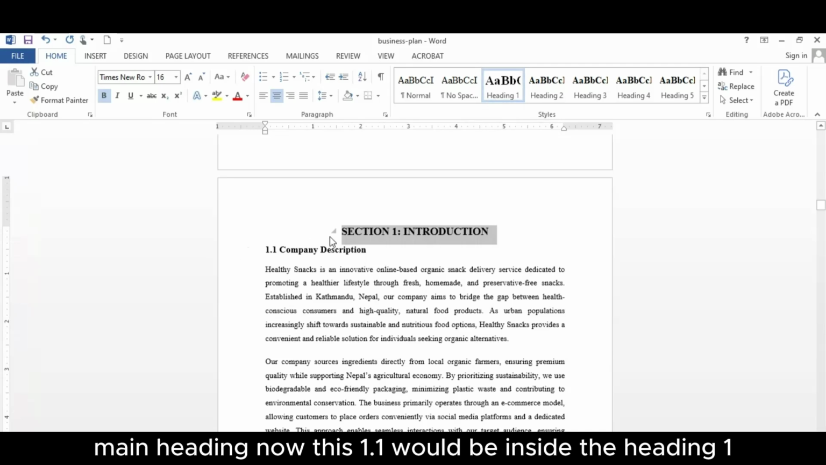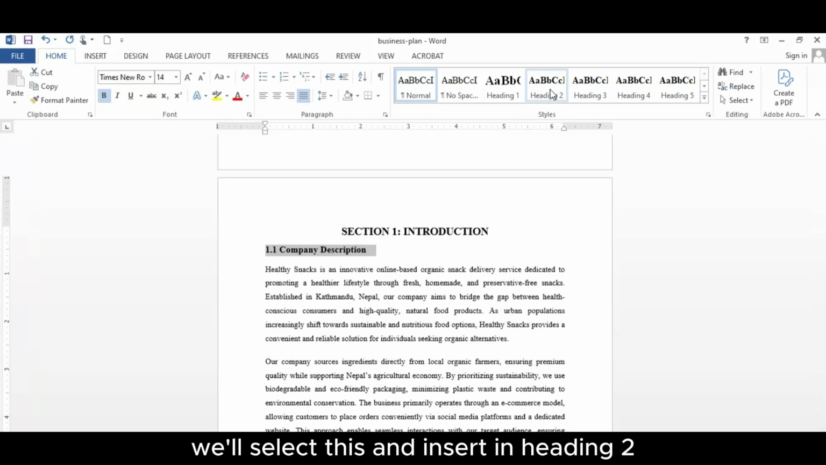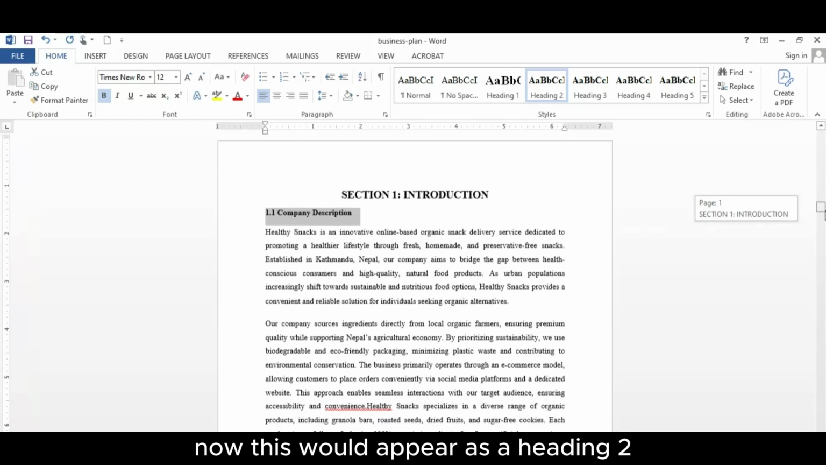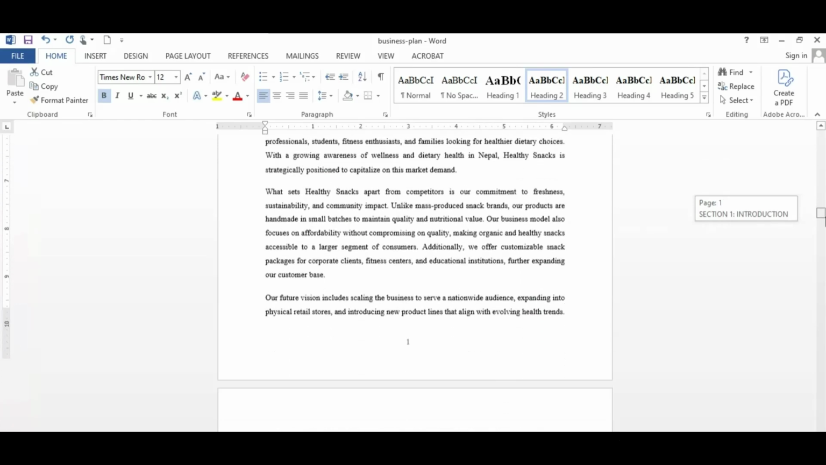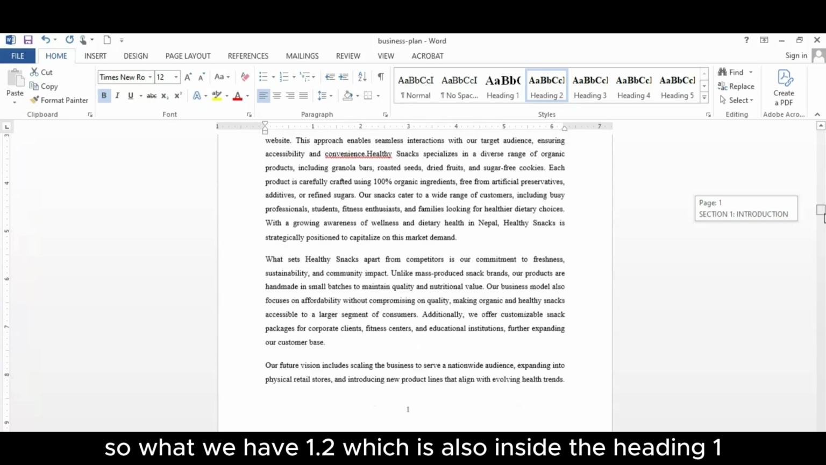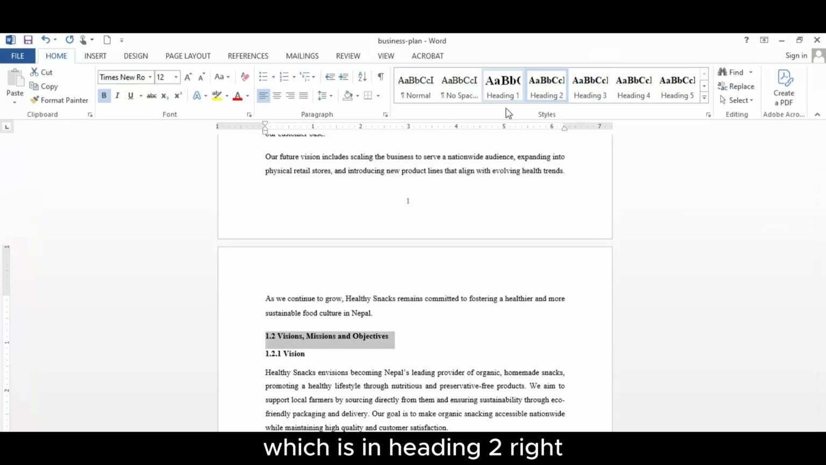Now this 1.1 would be inside the heading 1, which is heading 2. So we'll select this and insert in heading 2. Now this would appear as a heading 2 in the table of content, which is inside the heading 1. So what we have 1.2, which is also inside the heading 1, which is in heading 2, right? So this